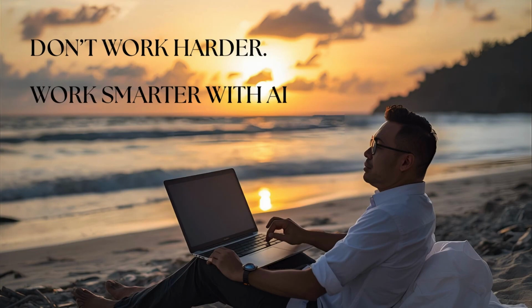So here's the big takeaway: automation is no longer optional. Businesses that adopt AI automation